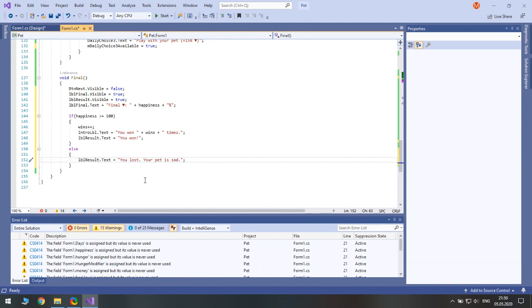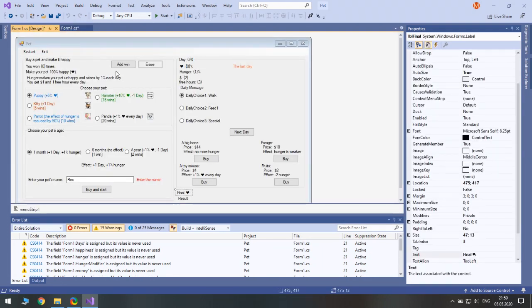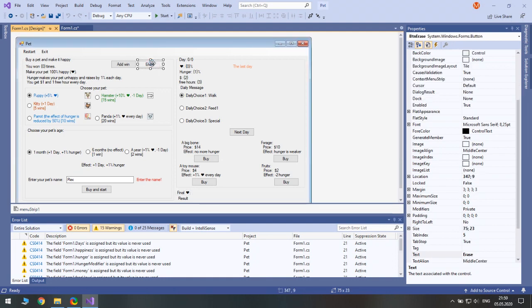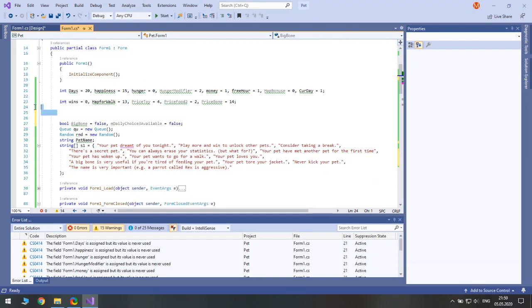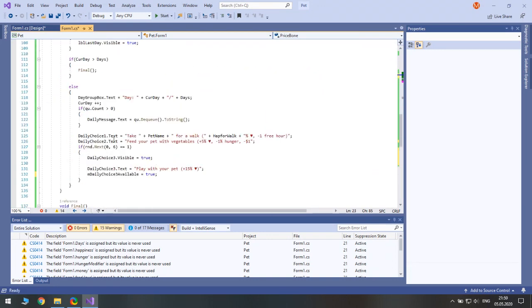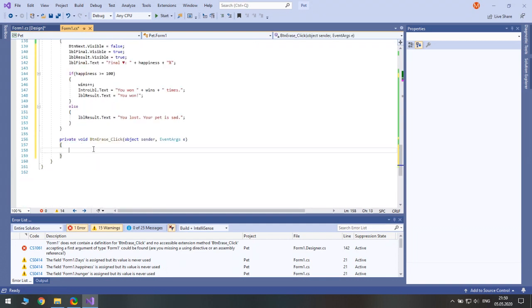What else? Oh, and also we wanted to make it possible for users to erase their results. So double click the button to create its click event. Then we move it from here to here. So button erase.